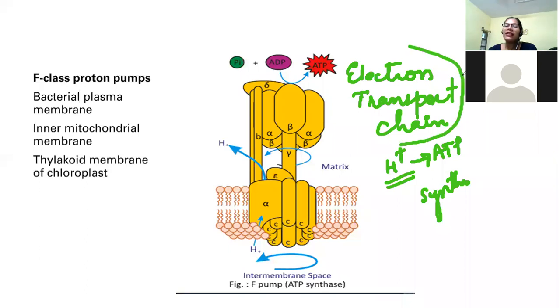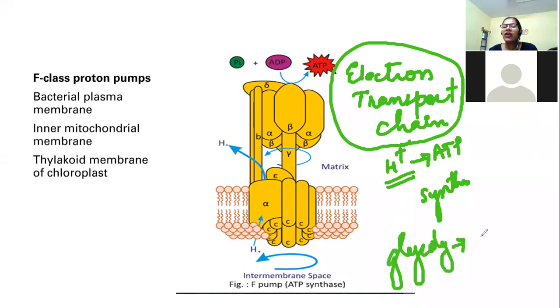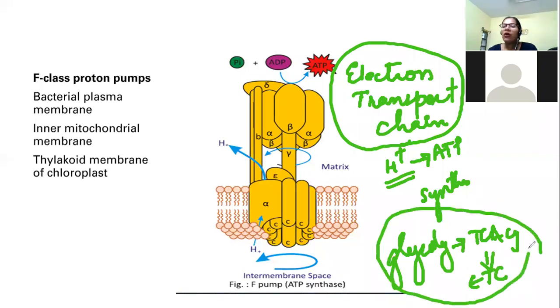Now, when do we study the electron transport chain? After glycolysis. We are going to study glycolysis, then the TCA cycle, and after that comes your electron transport chain, in which we'll study how one glucose molecule is going to give you this many ATP molecules. So start reading the Lehninger I have shared with you right now. It is very beautifully given, and the enzymes are also very important.